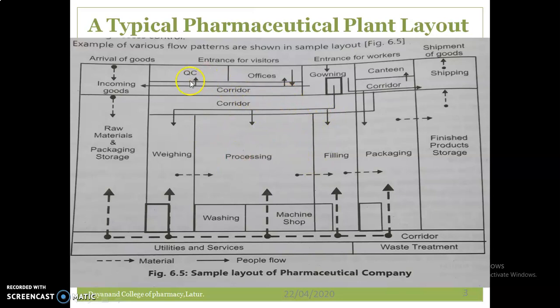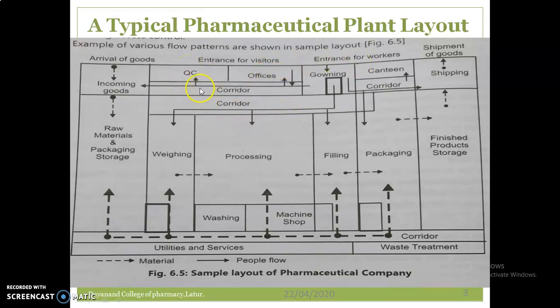Quality control: the facilities for tests including biological, microbiological or radioisotopes should be well segregated to prevent any cross-contamination. Sufficient space for samples, reference standards, solvents, reagents and records should be there. The instruments which are affected by electrical, vibrational, or moisture interferences should be kept isolated or segregated.